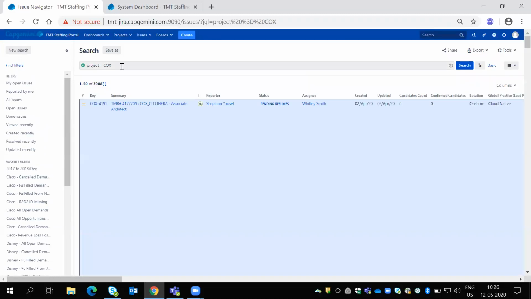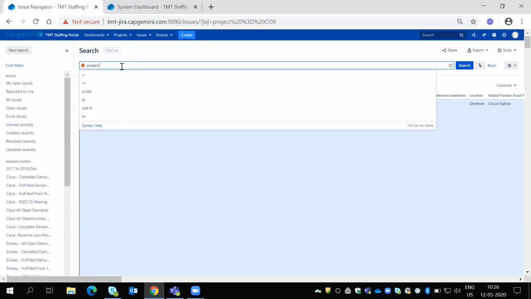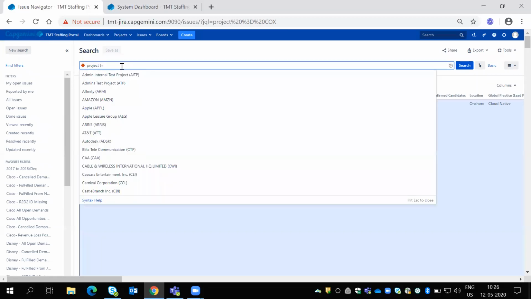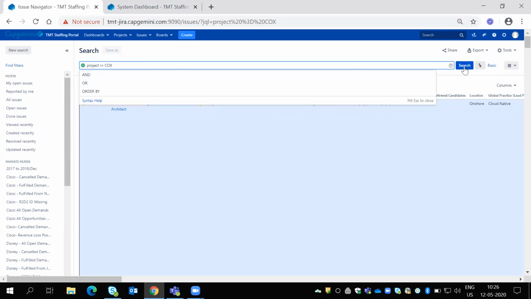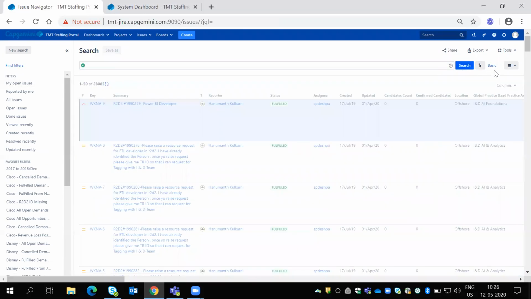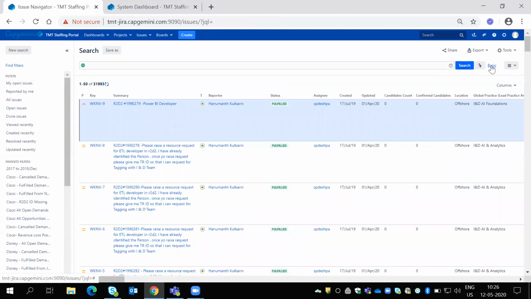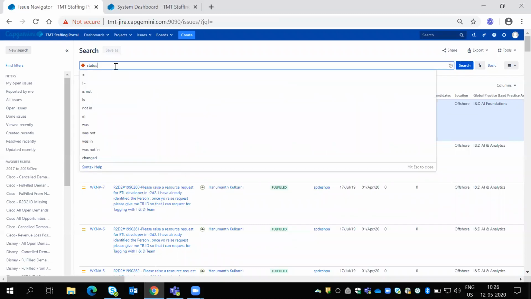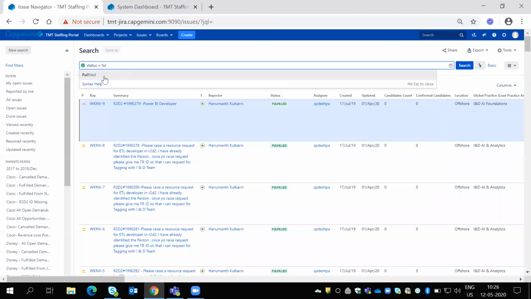But when you choose the not equal to option, not equal to Cox or something, except Cox, all remaining projects will come. Okay, 28,085. So except Cox, this is all the remaining. So we can use equal to or not equal to. I can write, suppose status is equal to, in basic as well, we can select, suppose I select status equal to fulfill.